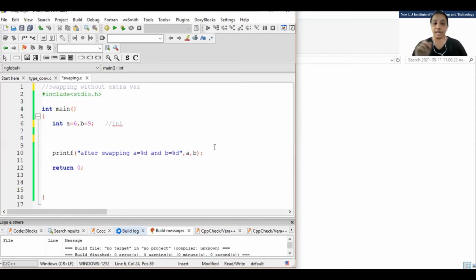The hint I'm writing here: use plus and minus operator with A and B, and do the processing. Just think for a few seconds and then give me the answer. You can use plus and minus. You can use multiplication and division also. Any two operators in combination you need to use, right?